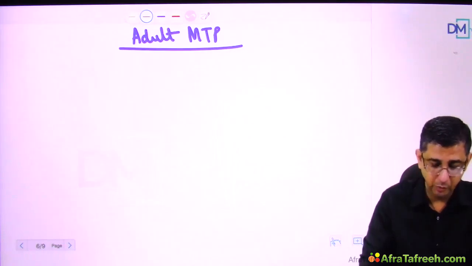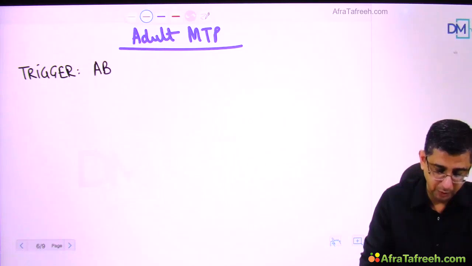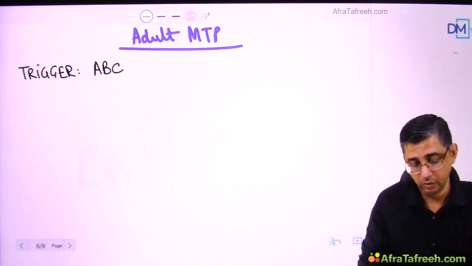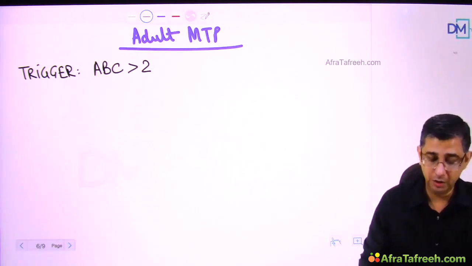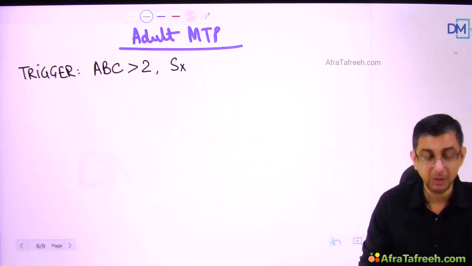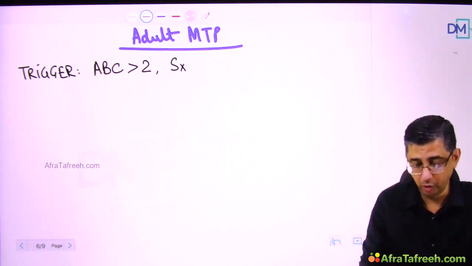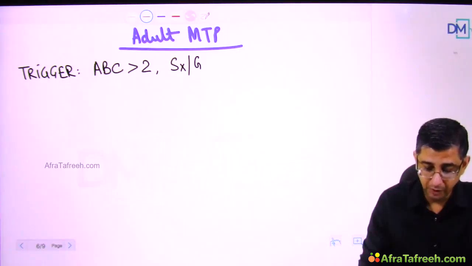The first and foremost thing that we need to identify is the trigger for it. I have explained to you the trigger that we will use will mostly be an ABC, that is absolute blood component score, of value more than 2, which indicates that the MTP has to be initiated. Or, if I'm not using the score, but my person is having, during surgery, a trauma to a major blood vessel, is having severe bleeding,